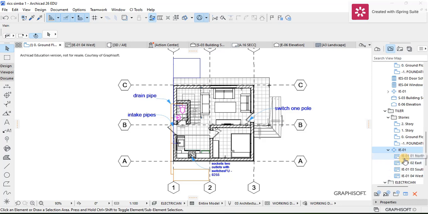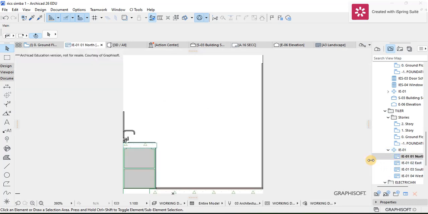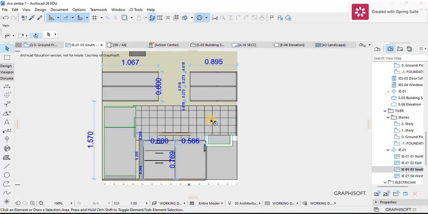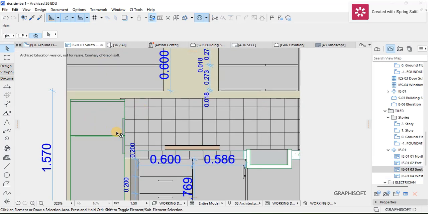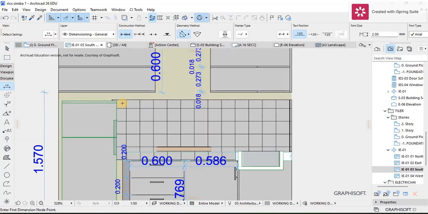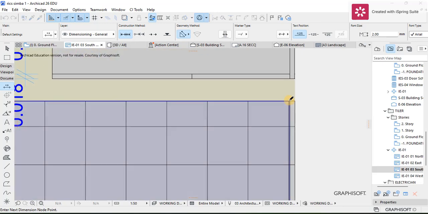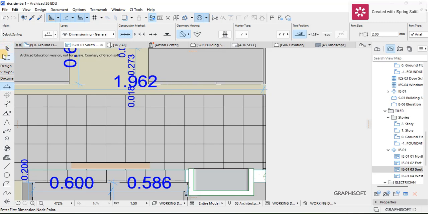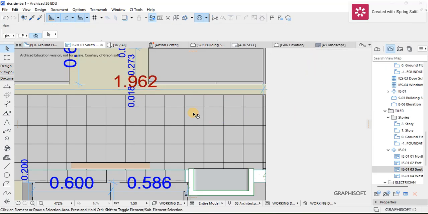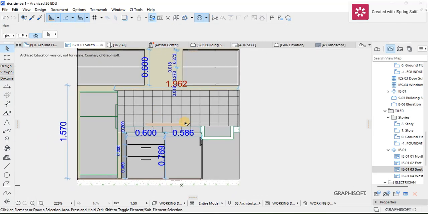maybe for the tiler in terms of the backsplash. Yeah, so let's just look for the one that we had. I think it was this one. So for the tiler, this is what is remaining. We want to show how the backsplash is. I'm just going to dimension the backsplash in terms of how wide or how long it is, and then press OK. And I'm going to change the color so that it does not